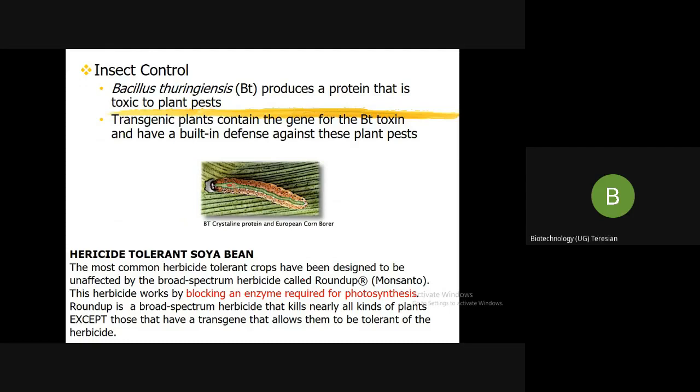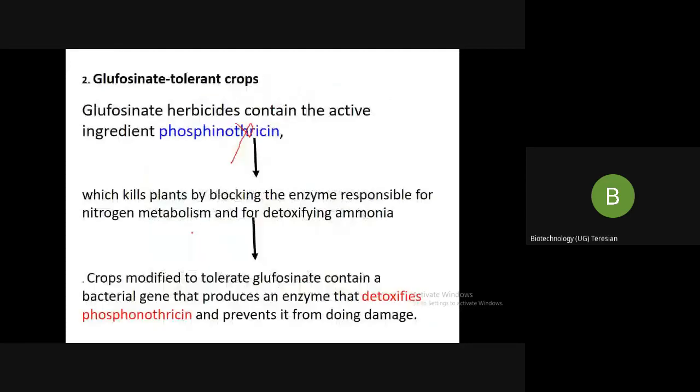So when you spray the Roundup, nothing happens to the plant because it is already carrying the gene which is resistant to the Roundup. So the other one was the glufosinate tolerant, and the active ingredient is phosphinothricin. So how it detoxifies the phosphinothricin, you have seen. So this is how your